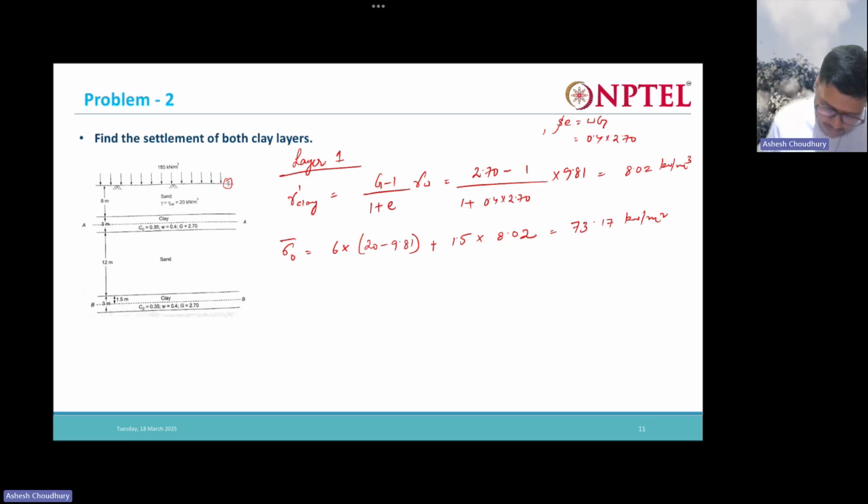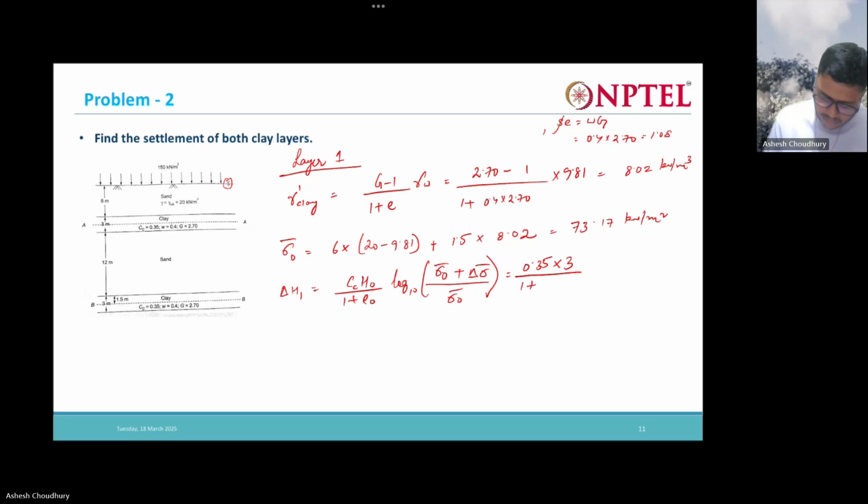Right, after the settlement of the first layer, and 50. Okay, so this will come out as